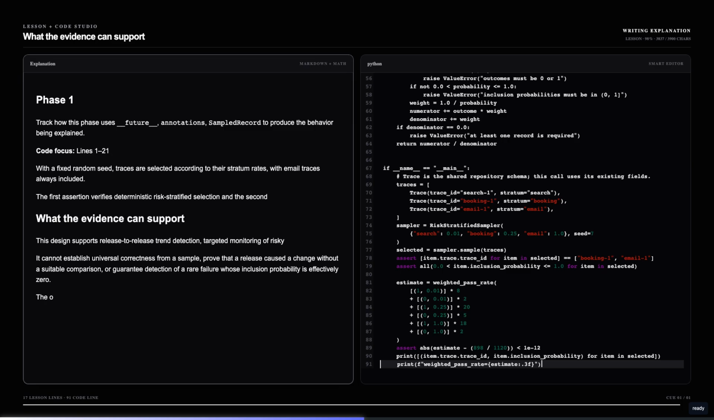Evaluate enough real traffic to see meaningful change. Sample randomly for trends. Oversample risk for discovery. Log inclusion probabilities and denominators for interpretation, and send uncertain or severe cases to people. Deploy through a canary. Monitor weighted quality alongside latency, cost, and completion signals, and turn each confirmed incident into the